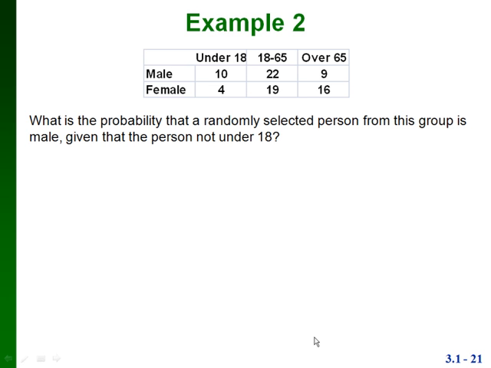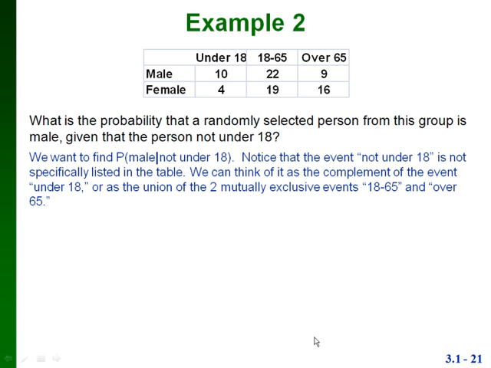So we want to find the probability of male given not under 18. And notice that our event not under 18 is not one of our columns in the table. So we can think of it as a complement of the event under 18, which would mean it's everything except this column. Or we can think of it as a union of two mutually exclusive events, which would be 18 over 65